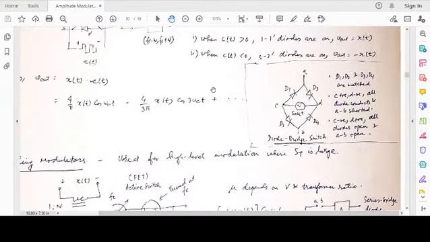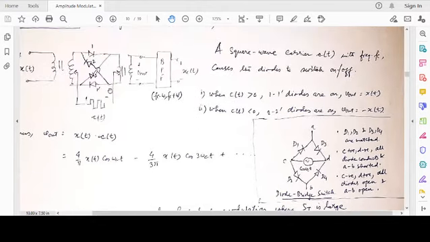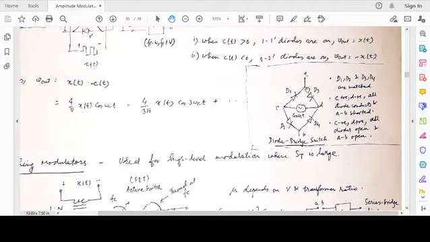You can also implement this using something known as a diode bridge switch configuration. This is also a ring structure, but not a lattice ring structure; it is a bridge structure. So this one was a lattice structure, crisscross, and this is known as a bridge structure. In this case, what happens? Let's say at these two points you have cosine omega c t, plus minus. When it's plus and minus, that means C is positive, point D is negative.